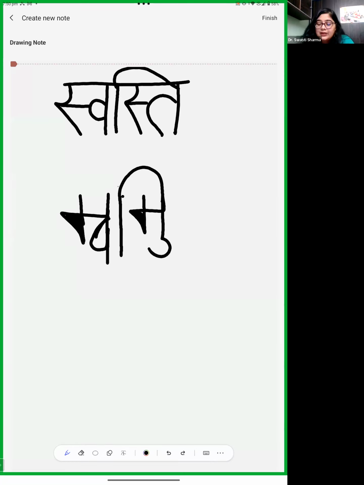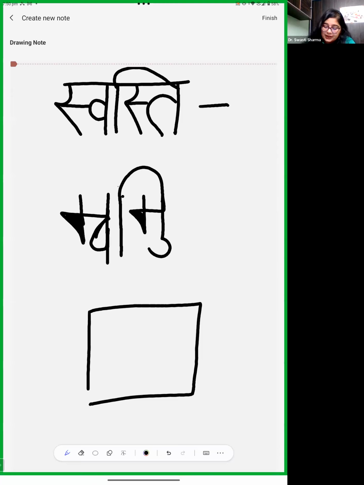One is in Devanagari. It is taking too much space, and the Sharda script's letters are taking less space than this. Okay, so what we will do, we have just only one block. We have to use only one block. That's why I'm telling, please use the mathematics notebook to write these.